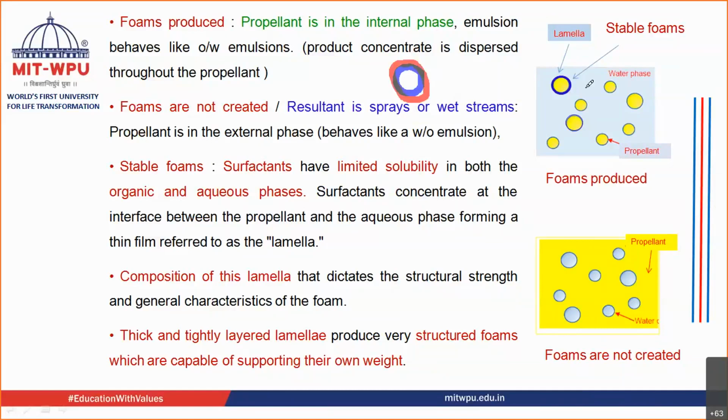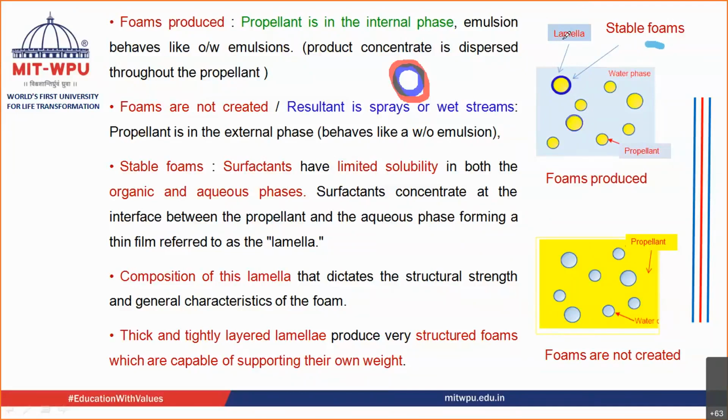Just for an example, if you have added a surfactant over here, then the surfactant is going to form a layer around this propellant. The inside part, facing the propellant, is going to be lipophilic in nature, because like attracts like. The next part of it is going to be the hydrophilic part of your surfactant. In this way it is going to form a layer onto this dispersed phase. Now this layer over here, we are calling it a lamina.